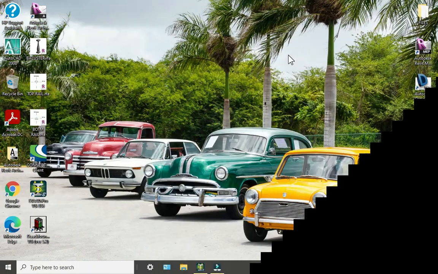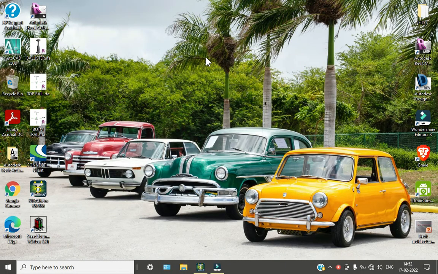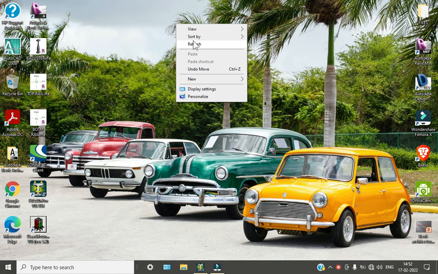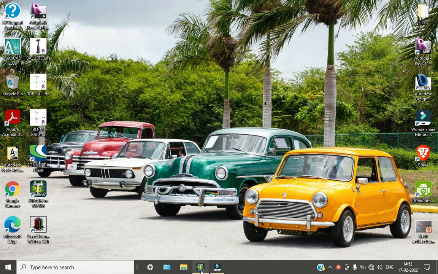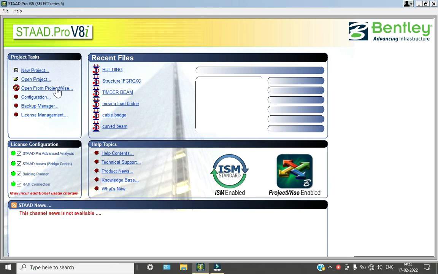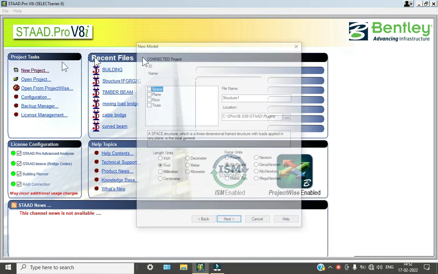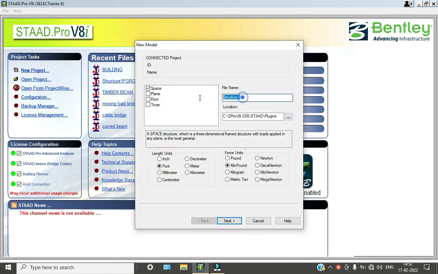So today we are going to see the design and analysis of the lift, columns and beams. For that we will open our STAAD.Pro software. Go to new project, click on space and give the name